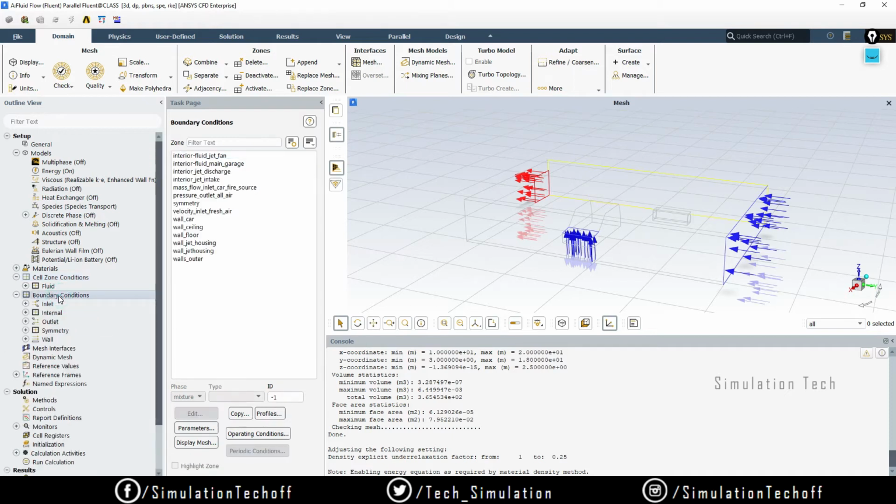Just double tap on the boundary condition. Here you have a lot of things. To view these things, what is symmetry? By default, when I choose that, nothing will change over here. If you want to view the symmetry or car wall or inlet fresh air, you just select that. You'll have the option to view things like highlighted zones. When I enable this,